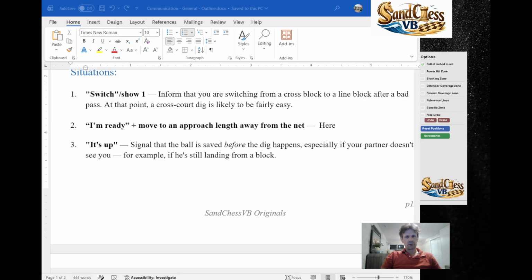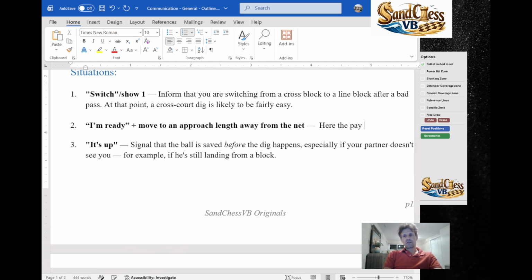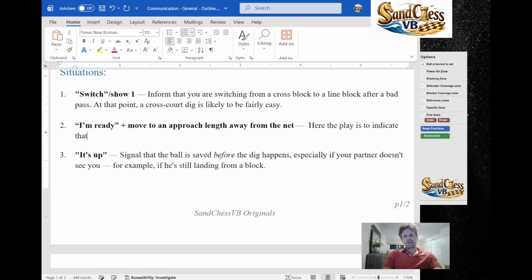Okay, the next goal would be "I'm ready." When you want to indicate, and I don't know why I did not type it out here, the play is not the pay. The play is to indicate that you are ready for an option play or a two ball. And in this case,